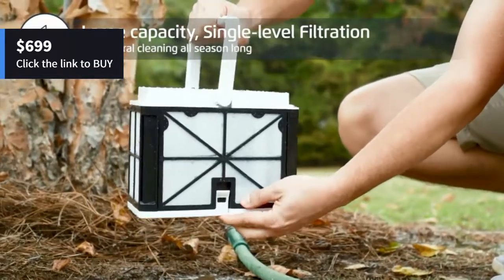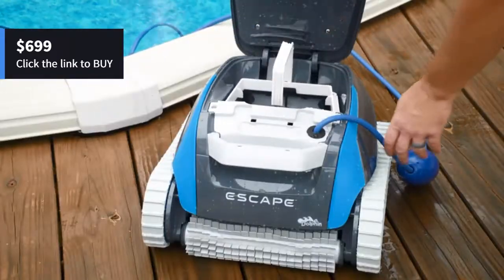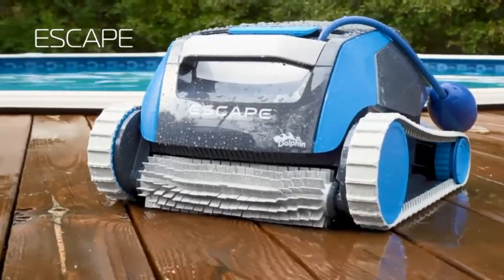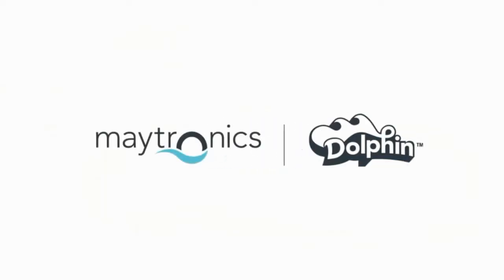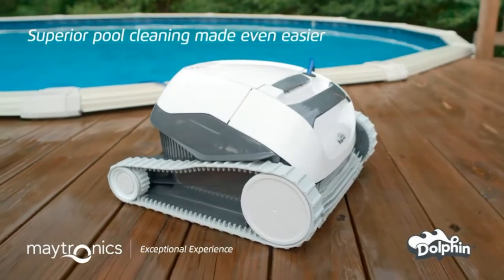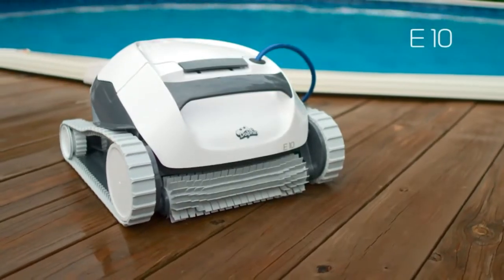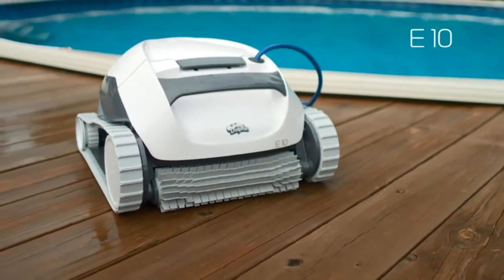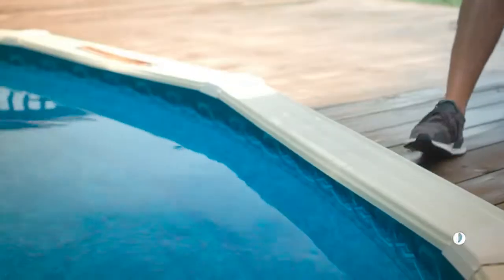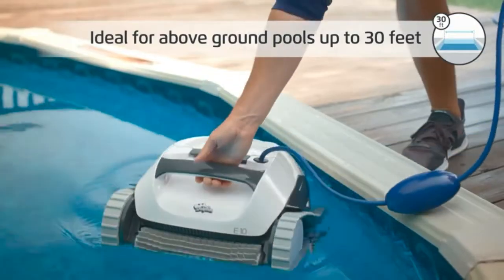Number 6. The Dolphin E10 is an efficient and effective robotic pool vacuum cleaner designed specifically for above-ground swimming pools. With its ability to clean a 30-foot pool in just 1.5 hours, it can save you time and effort in